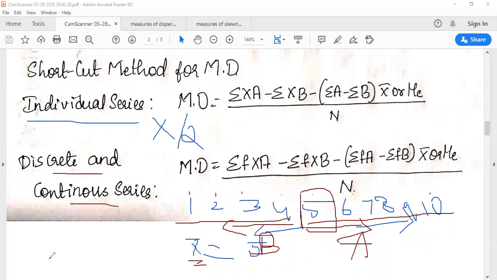Now in mean deviation, what all did we see? We saw the actual calculation of mean deviation for individual series, discrete series and continuous series. That was the absolute measure. Coming to the relative measure, we saw the coefficient of mean deviation when it is taken from mean, median and mode. Then we also have a shortcut method for mean deviation: for individual series, one formula, and for discrete and continuous series, another formula. So that is your mean deviation completely. Any doubts in the mean deviation?